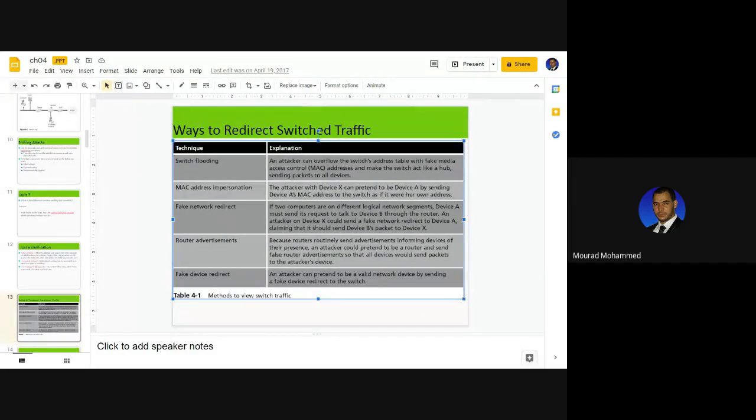Man-in-the-middle attack. If we describe the flow that has been deviated, we are talking about a fake network redirect. If we are talking about device impersonation, we are talking about a fake device redirect. Router advertisement is one of the very famous network technologies, and this approach is utilized by routers to indicate that they are alive to all